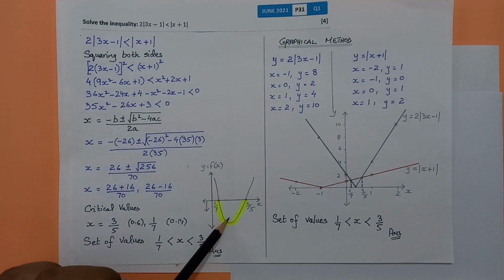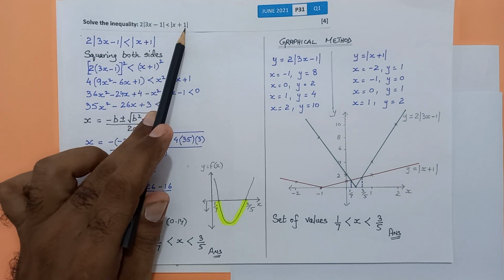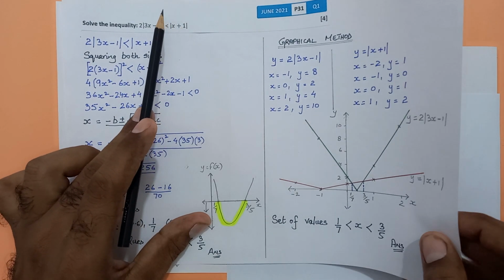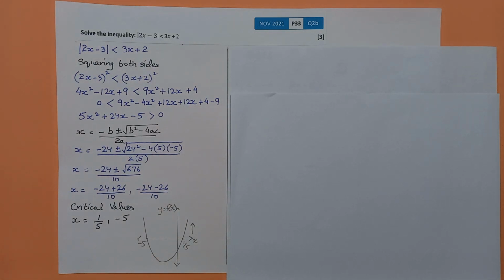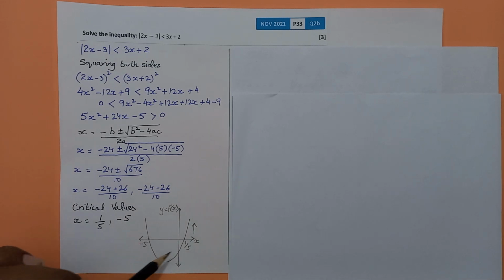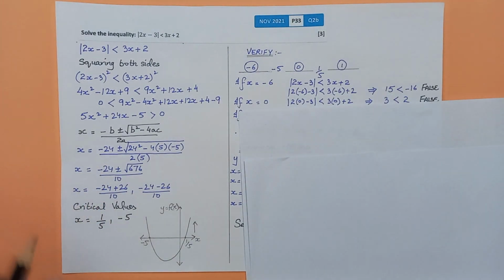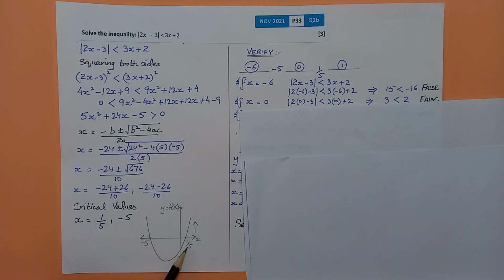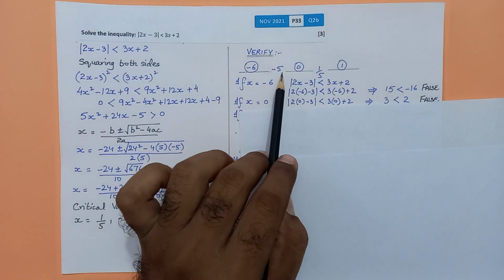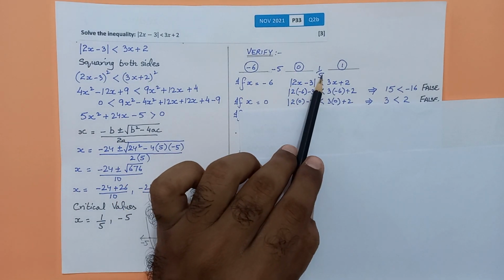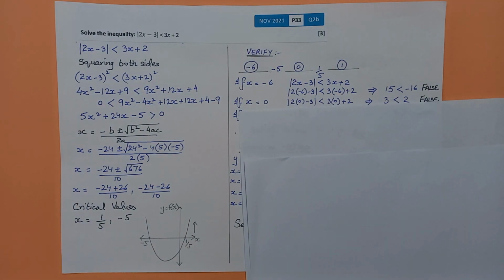So this would be done if we have a modulus on both sides of the inequality, but the question that we are doing right now does not contain a modulus on both sides of the inequality. So in this question we would not go on with the same process. A slight change would be there, that is, we have three different areas where the answer will lie. Because the critical values are minus 5 and 1 upon 5, as you can see over there, we can take any value which is less than minus 5,